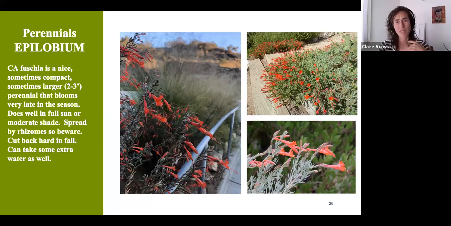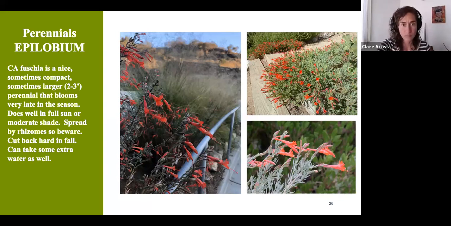So a lot of options, but the characteristic is this tubular-shaped flower again, a nice red carmine, bright fluorescent. That tubular shape is very loved by hummingbirds, so it's a great hummingbird plant. It can also be pretty good in containers because it doesn't have super deep rooting and grows with those rhizomes. It handles extra water well, it's not going to croak on you, and it's a really vigorous